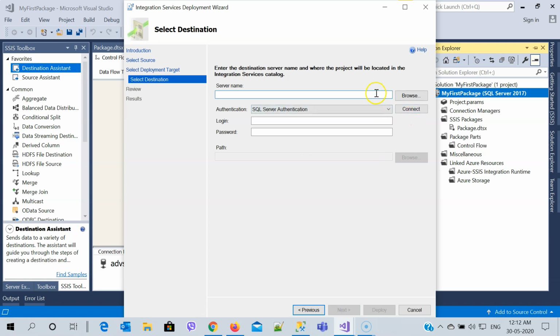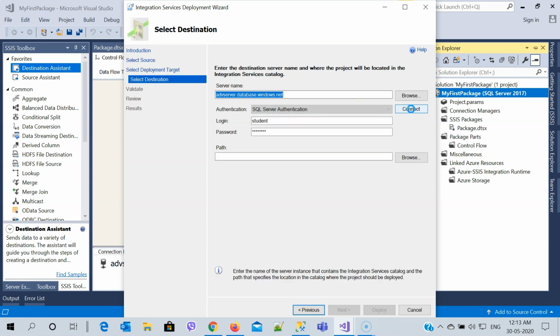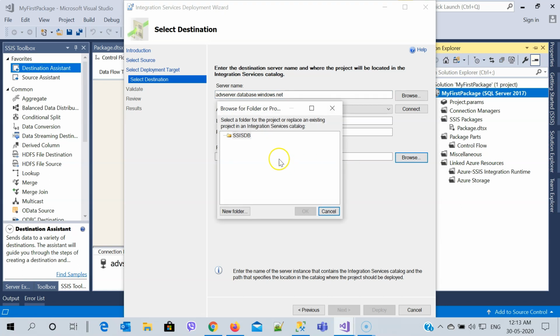Now here you need to give the server name, which is going to be adv server.database.windows.net, and then I'm going to use my user ID and the password, and then I will click on this connect button so that I will be able to connect with my server. Now it is asking me for a path, so click on this browse button and go for this SSIS DB.